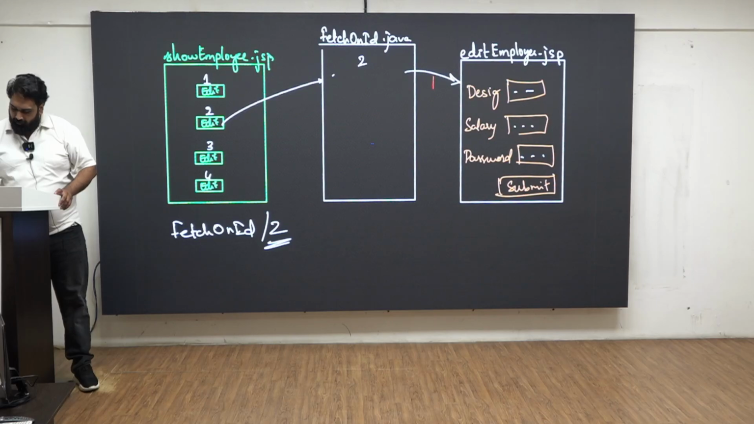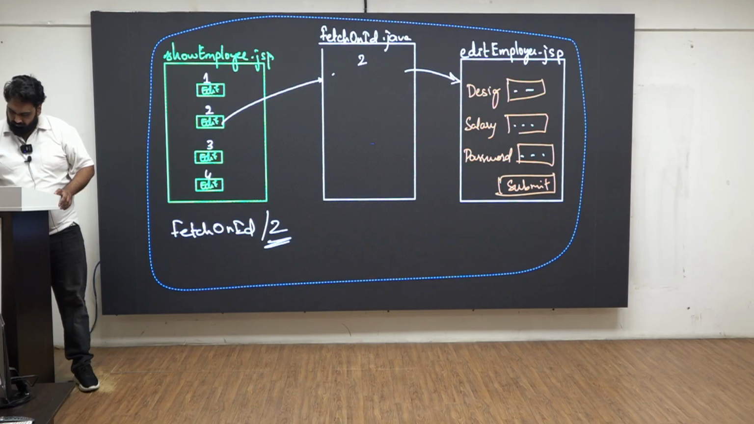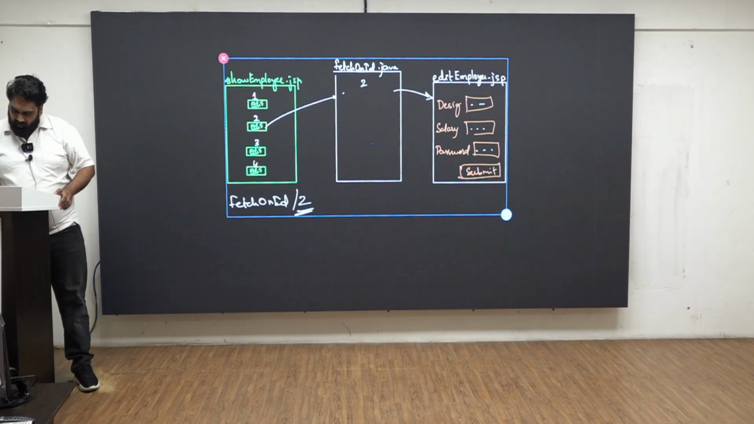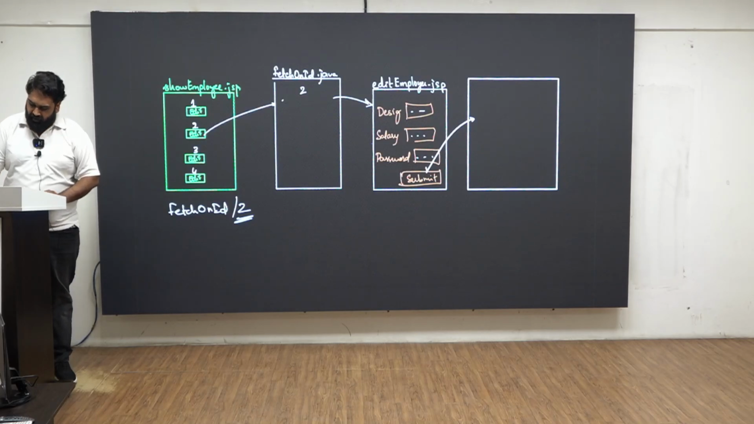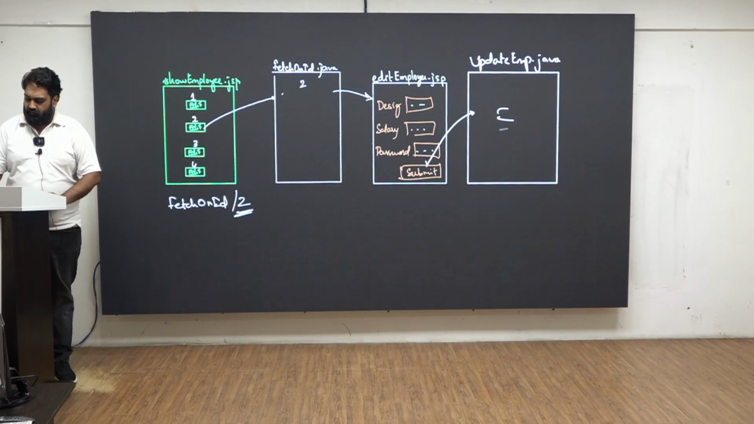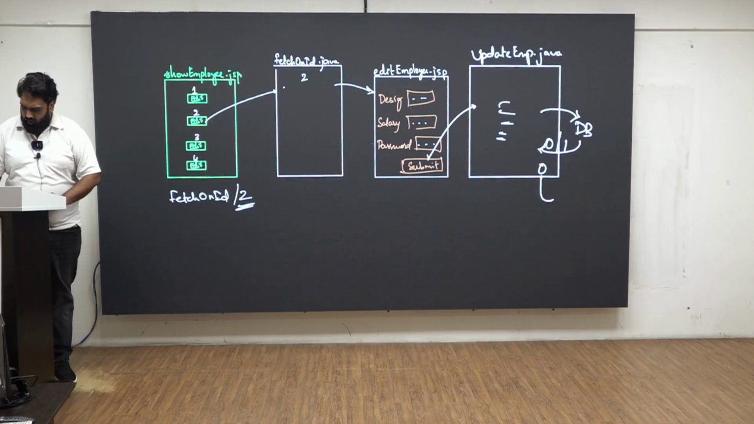Once the user clicks on the submit button, I will now call one servlet. So let me resize it a little. As soon as the user clicks this submit button, I will call one servlet. What is the name of this servlet? Maybe I will say update employee. So update emp.java will again write some lines of code to go to the database and update. Again, update can be either success or failure. If it is a failure, I will call